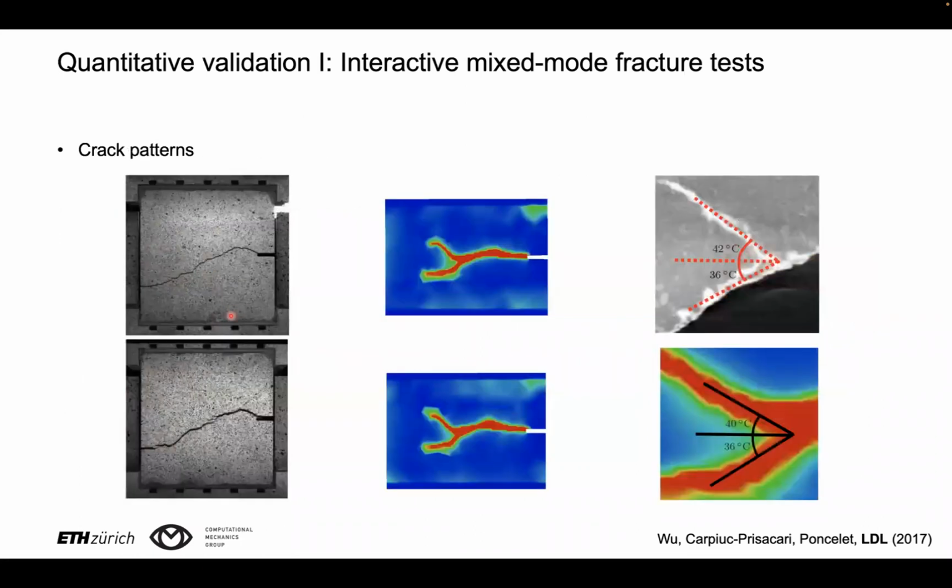Now, if we look at the specimen from the outside, we see the final crack pattern. We don't see the branching from the outside. However, a closer analysis looking inside the specimen reveals that the branching, which was visible in the DIC results and also in the phase field results, this is a close-up of the notch region, is present also in the tests, although it's not visible with the naked eye from the outside. On top of that, the angle of this branching is very similar to what is predicted through the phase field approach.